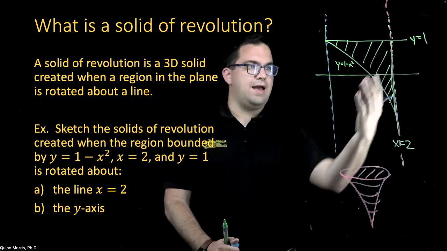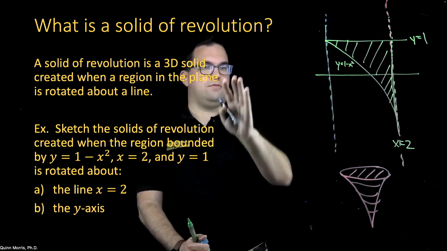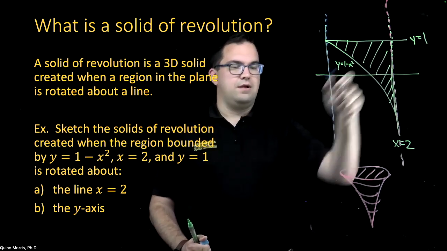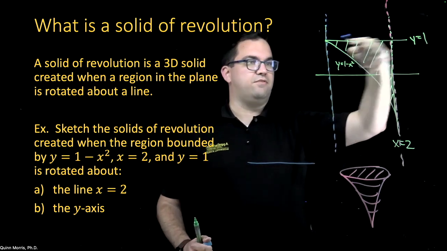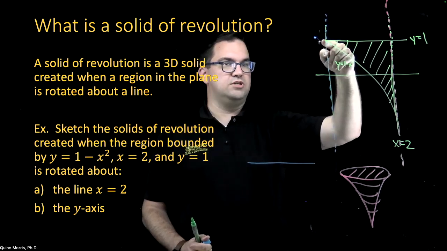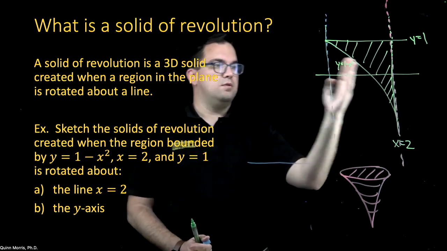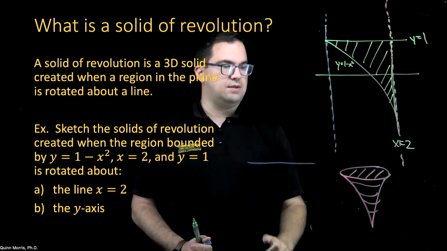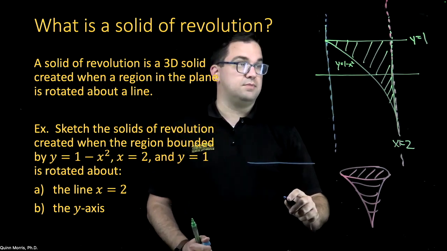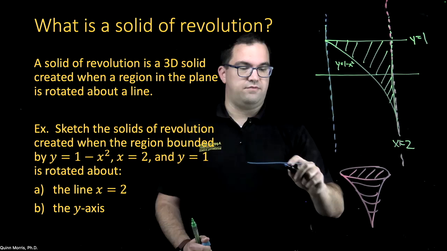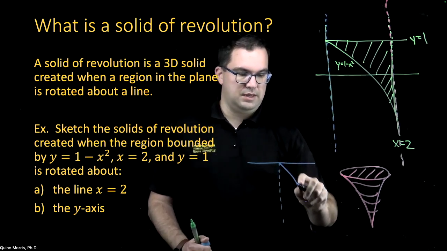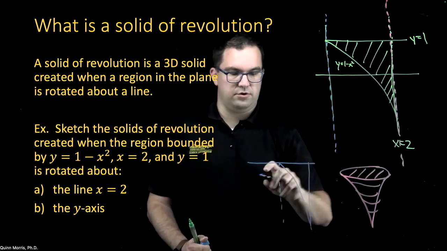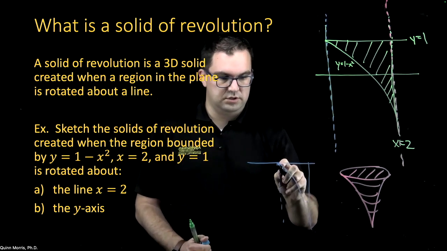Now, if I rotate it about the y-axis, on the very top, this is going to be flat because this portion of the region touches the axis of rotation. But then the rest of this is almost going to be shaped something like a bowl. So here's my axis of rotation, and I'm going to get this 3-dimensional figure, which is going to look something like